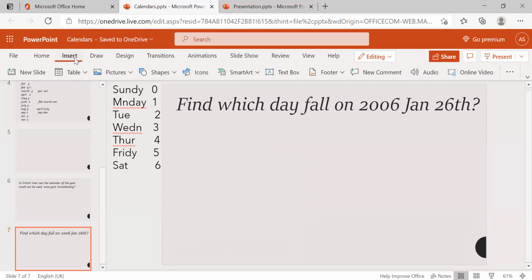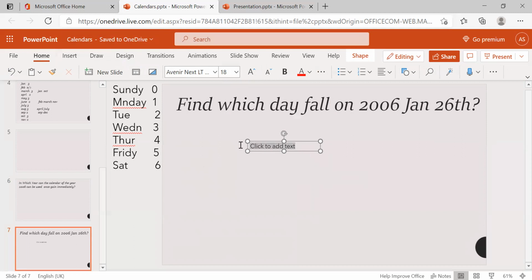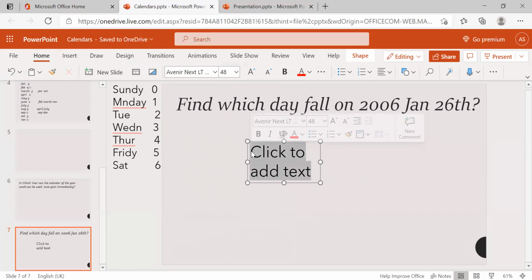What is the odd day for 1 year? Nothing but 1. So how many years are there? 2006. From the first year, the odd day will be 1. So up to 2006 January 26th, how many odd days are there? You need to find it like that.